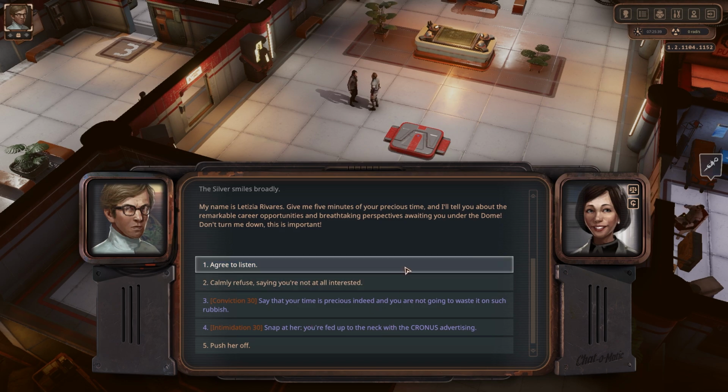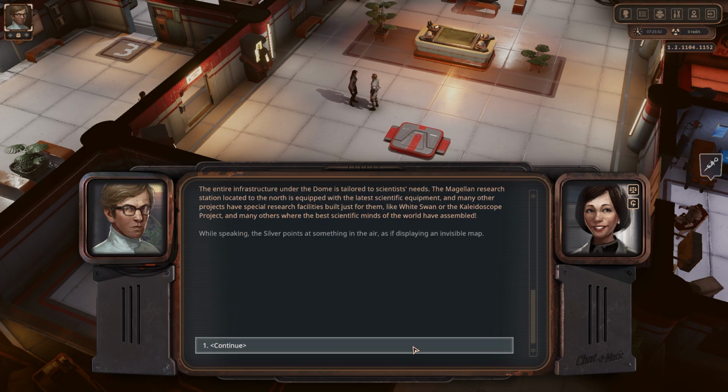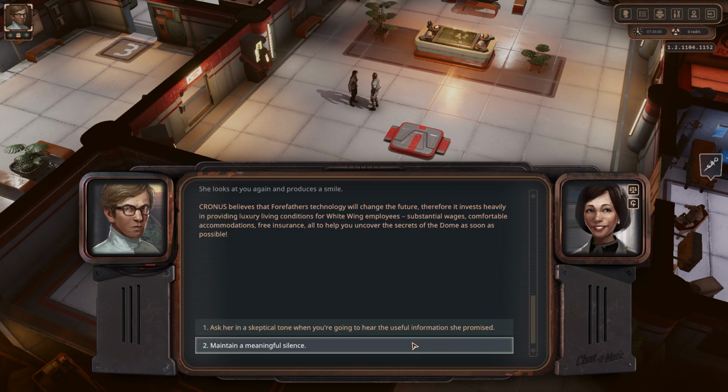Agree to listen. Yeah. New beginning. It marks the beginning of a new era in history of civilization. You chose White Wing. You're constantly to lead humanity to a better tomorrow. The entire infrastructure under the dome is tailored to scientists' needs. The Magellan Research Station to the north is equipped with the latest scientific equipment, and many other projects have special research facilities built just for them, like the White Swan or Kaleidoscope project. Interesting. Don't trust swans. Swans are evil. CRONUS